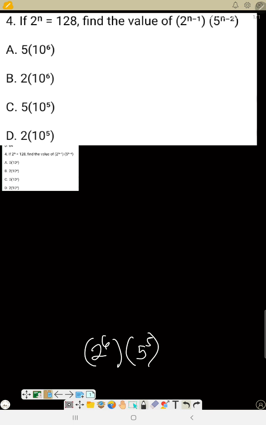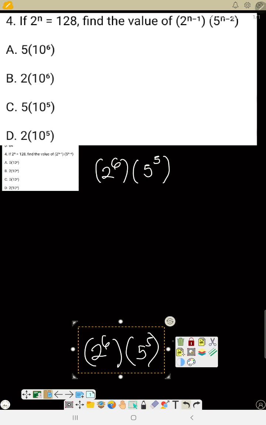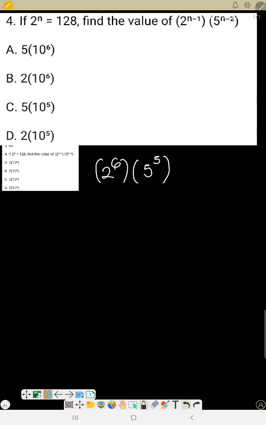Now, how can we deduce these results from this result? Because sometimes you will solve, you will think your answer is not there, whereas your answer is there. So if I look at this now, I can take 2 out first. If I take 2 out, this will be 2 raised to power 5 outside, then 5 raised to power 5, because this is power 1. If you take 1 out of the base and add the power, this will go back to 2 raised to power 6. So 5 raised to power 5